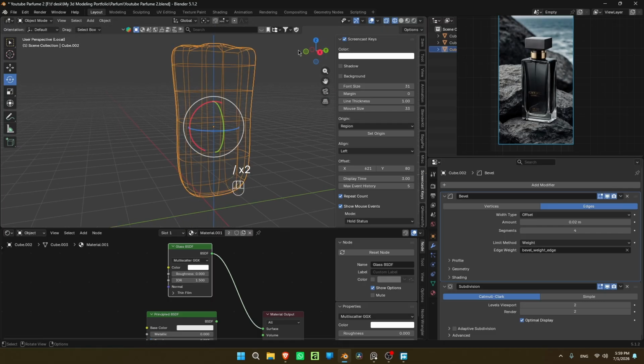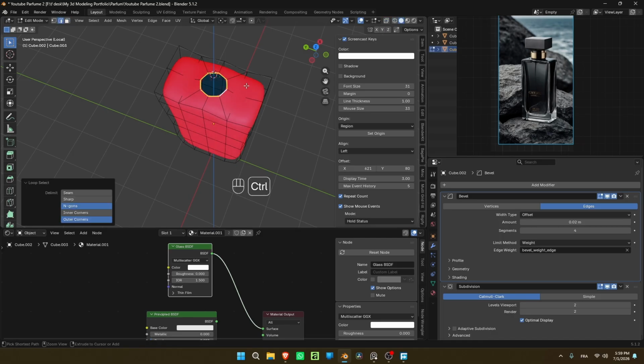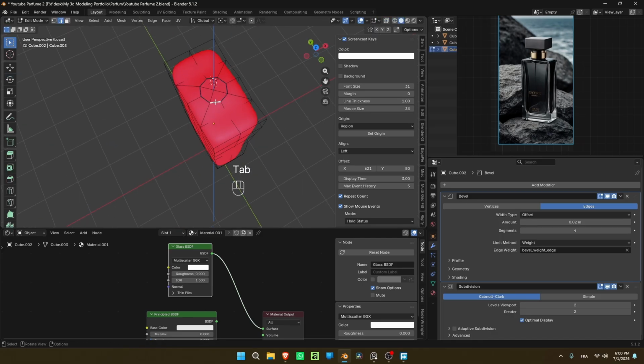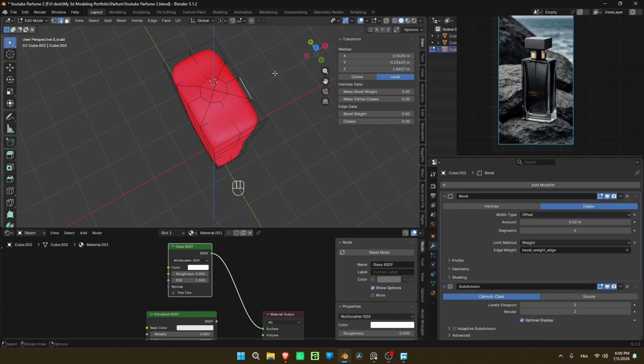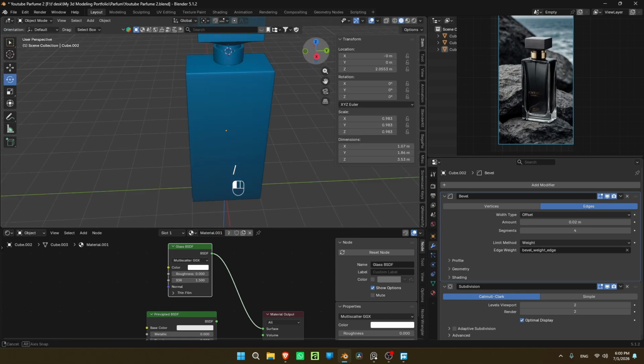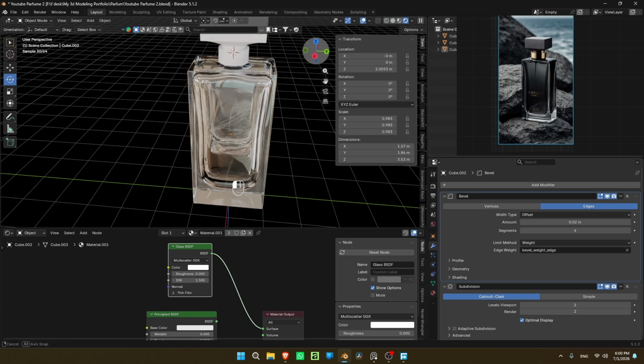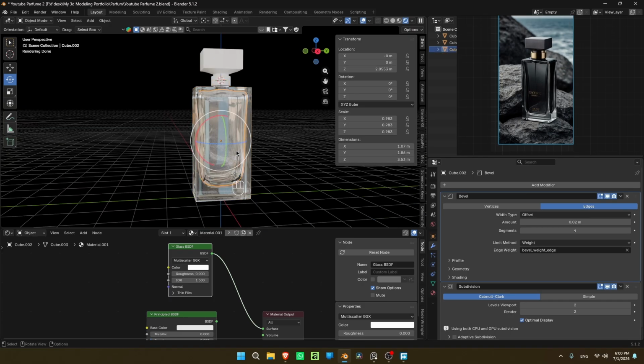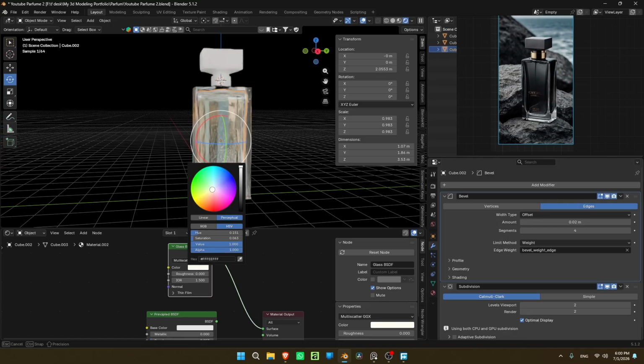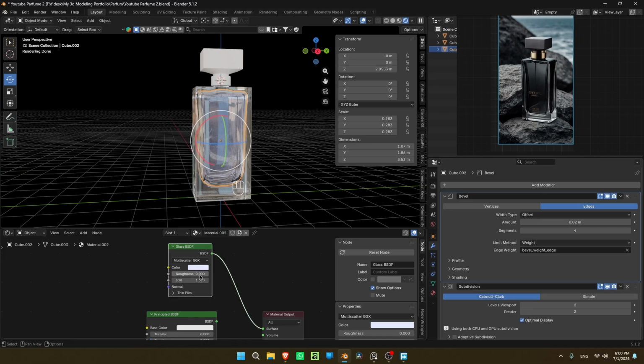Let me isolate it again. Let me go in here, and I will press Control F to do Grid Fill, just like so. Let me remove the crease here, and you can get this shape. Let's go back and see it in our render view. Here we double click to access our liquid. We're going to make a new material, or we can duplicate our material. I will give it a bluish color, and let's change our IOR to 1.3.